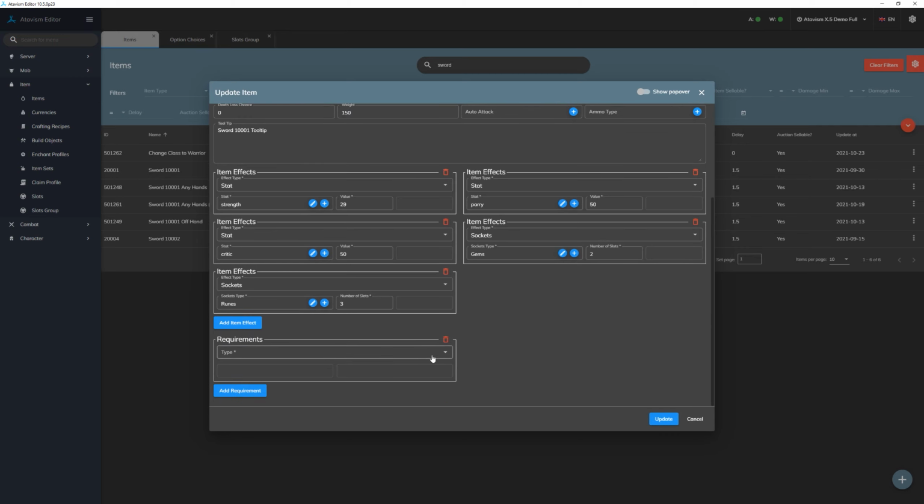So we can add requirements, and there can be many requirements as well. We can require player level, skill level, race, class, statistic, and guild level. So for example, we can require a stat, and it will require strength, like maybe 50 or 100. So if we have some kind of heavy sword that should be used only by very strong players, we can define any statistic with any value here